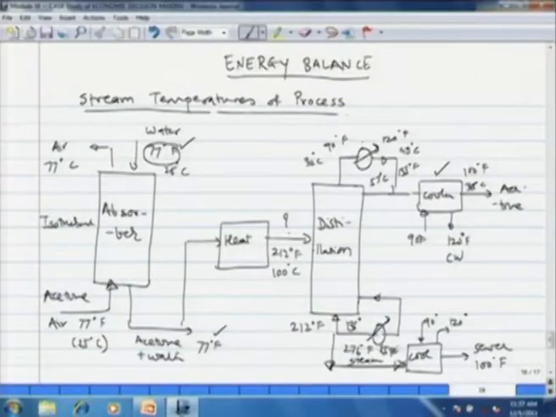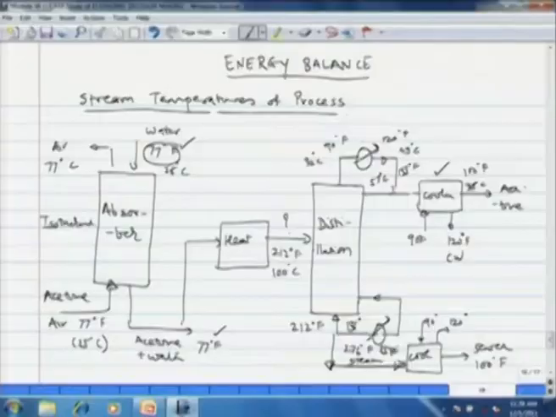The distillation column bottom, we have a reboiler there. Once again, you see the material balance that was done in previous lecture. The amount of acetone that is present in the bottom is also very small, hardly 0.05 moles per hour of acetone. So, the bubble point of the mixture in reboiler of distillation column is going to be very close to 100 degrees centigrade or 212 degrees Fahrenheit, that is the boiling point of water. Now, that part of water is boiled and sent back as the vapor reflux, and part is taken out and sent to the sewer.